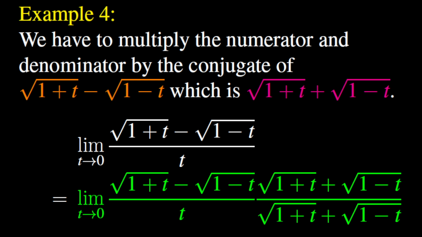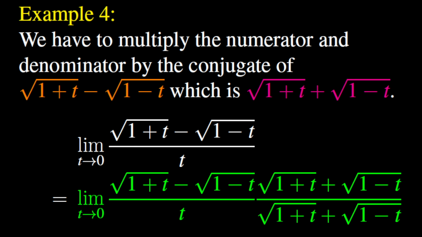Given that the numerator has radicals, we can rationalize the expression by multiplying the numerator and denominator by the conjugate of the numerator, which is the square root of 1 plus t, plus the square root of 1 minus t. Of course, this operation will not affect the equality because we are multiplying both the numerator and denominator by the